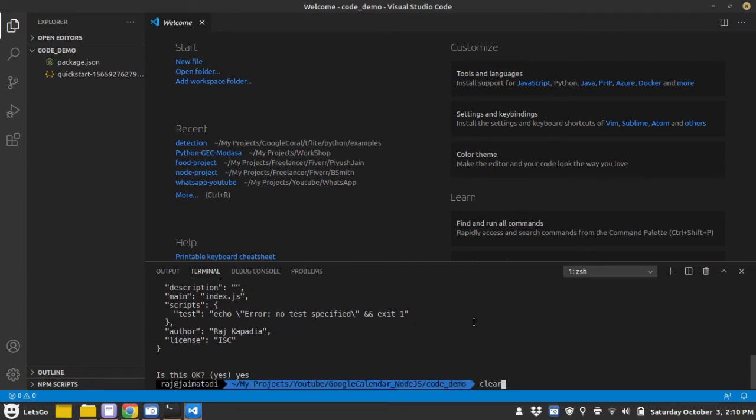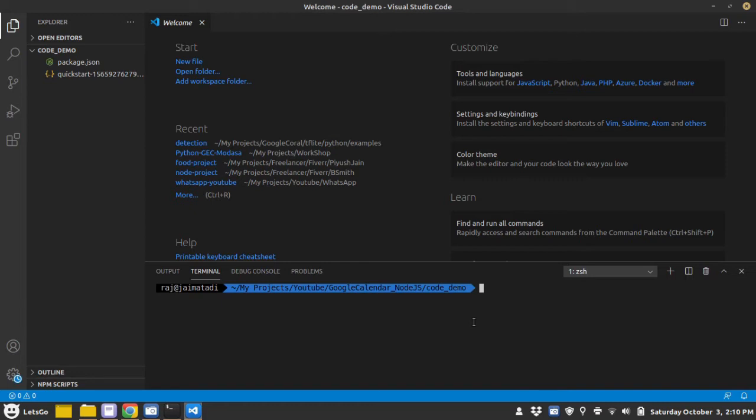Okay, then for this demonstration we will require two packages. Let's install them by npm install. One is googleapis and second is dotenv to pass the confidential parameters to the script.